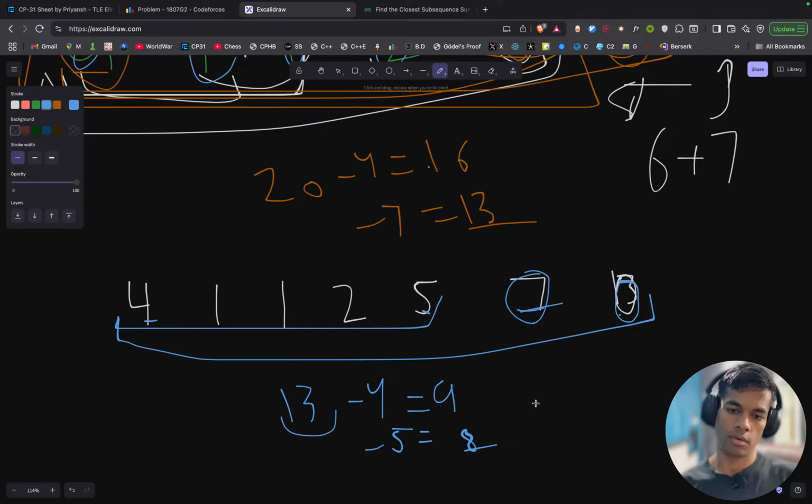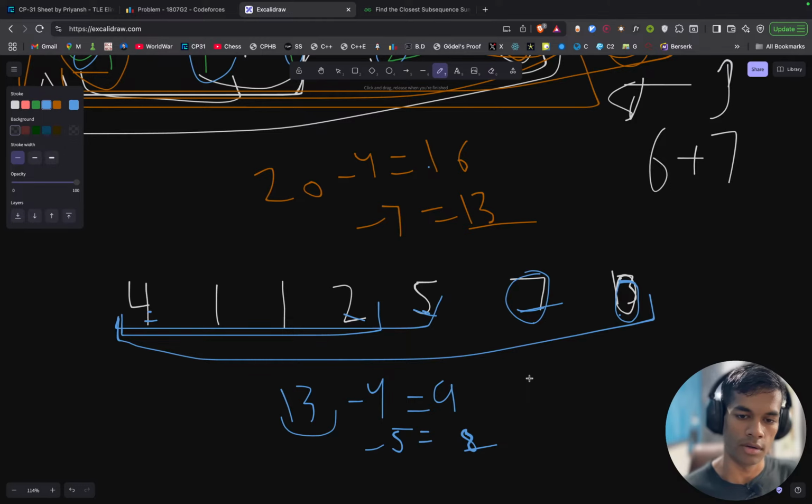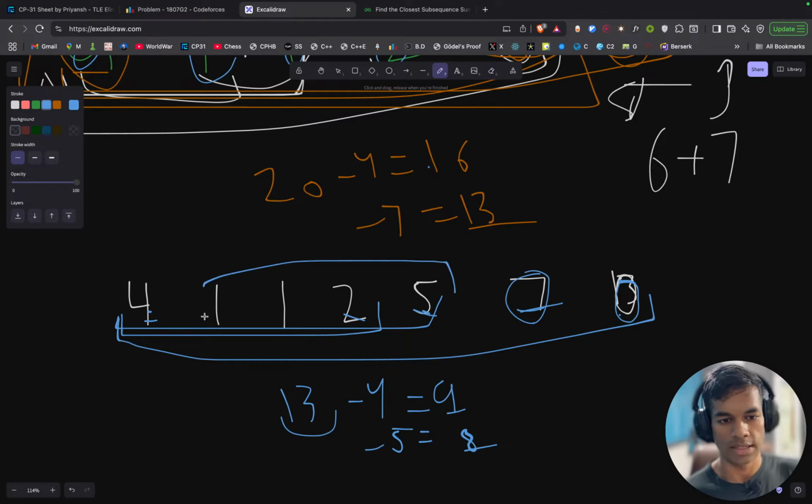So let's say that I do remove 5, then I will be left with this thing, and then no matter which number I remove, the sum will be lower than 7, which is wrong. So I remove 4 and then this is my subsequence,